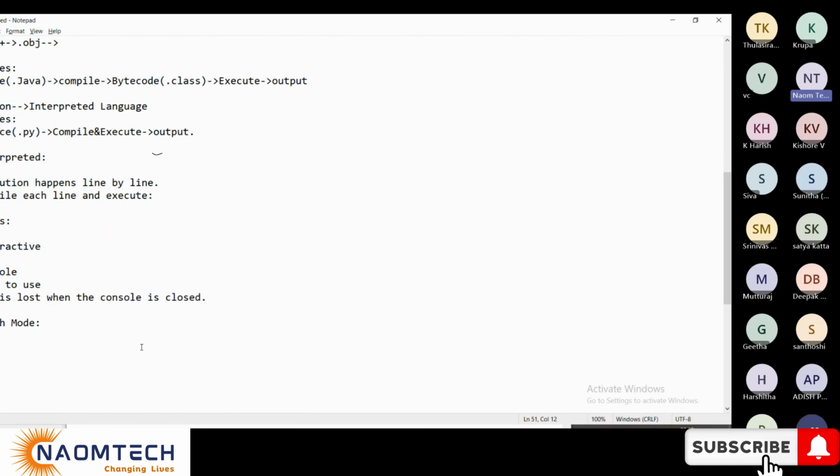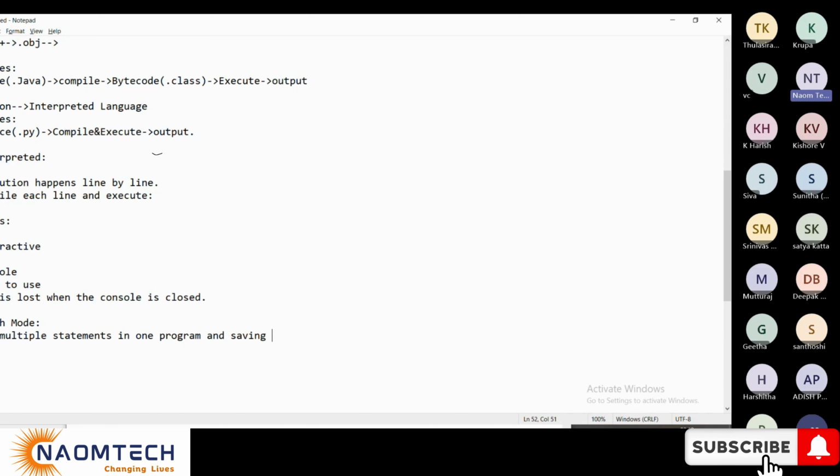Batch mode means writing multiple statements under one program. I'm writing it here so that you can clearly understand: multiple statements in one program, saved as one file.